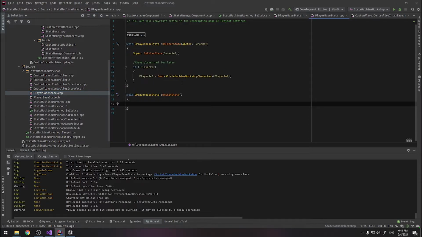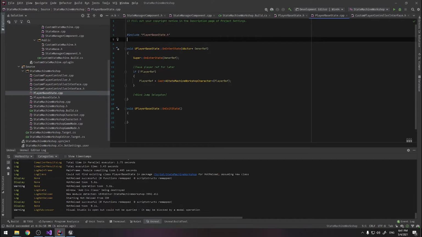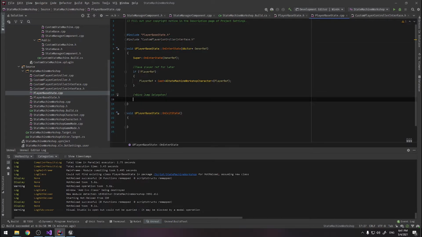So as I said, we're going to override the onExit state, and on enter, let's actually bind that delegate. So bind jump delegate. And the way we're going to do this, we're going to include in this state, you can actually do this, this is pretty fine. You can include the interface. So custom player controller interface.h. And now using the Kismet library, we can do something like gameplay statics get player controller this 0,